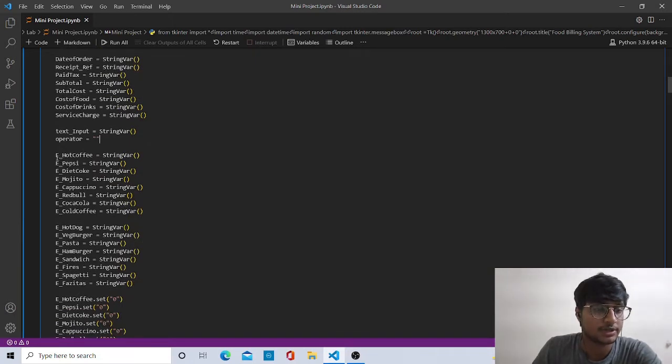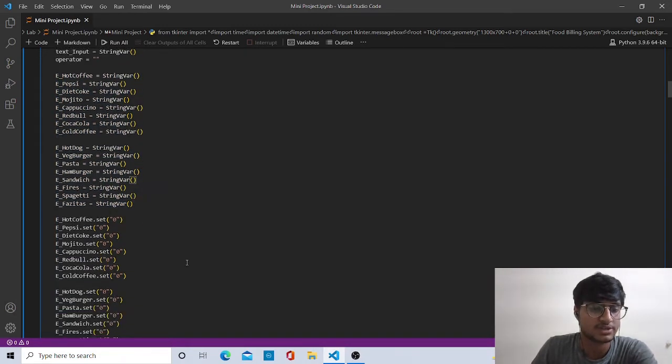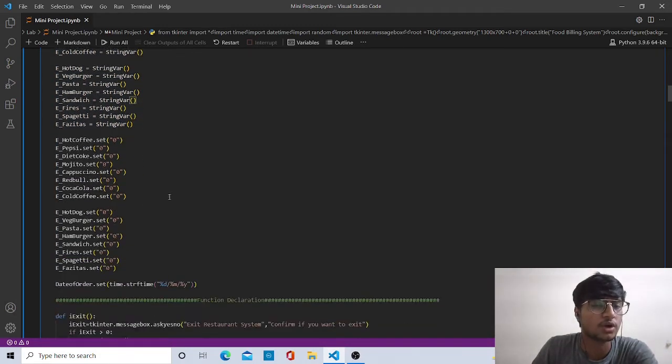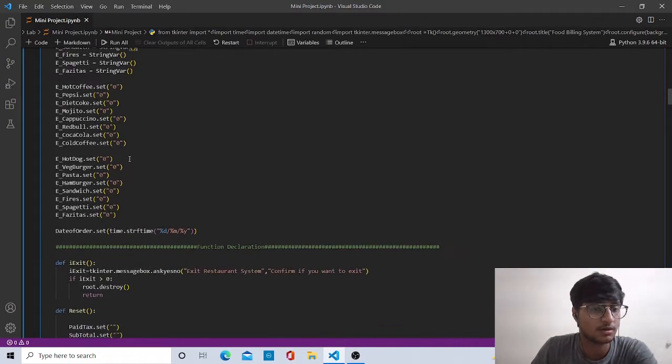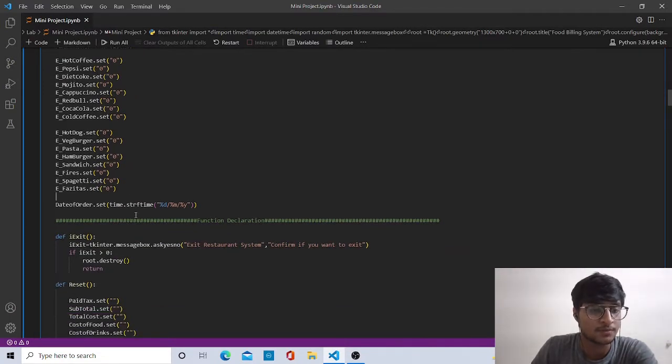The items in the menu card, let's say hot coffee, have the data type string variable, up to the 16th item, fajitas. The hot coffee set is default 0, up to the 16th item, fajitas, and the date of order is set as %d/%m/%Y, which is day, month and year.